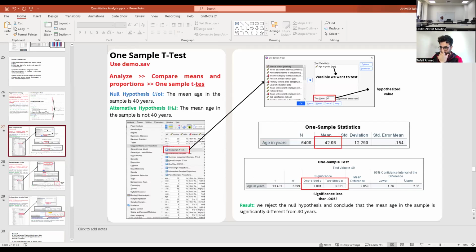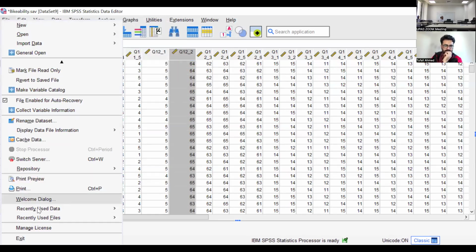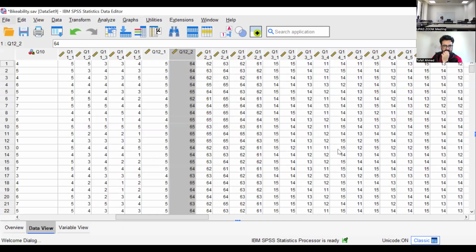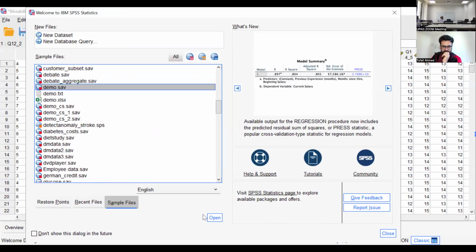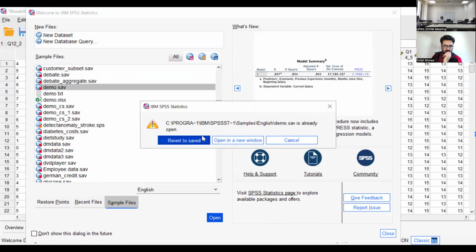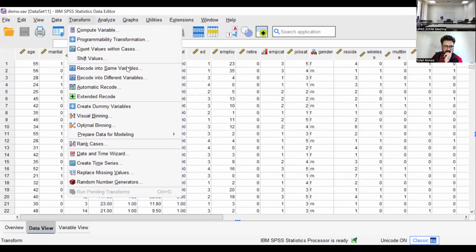How can we do that? In SPSS, I'm sharing my screen for SPSS. Okay. Now I will load my demo data set. And I go to analyze.